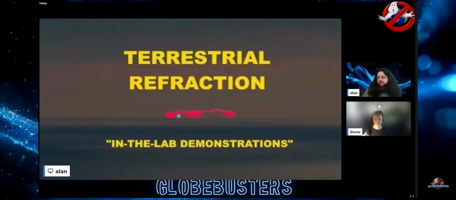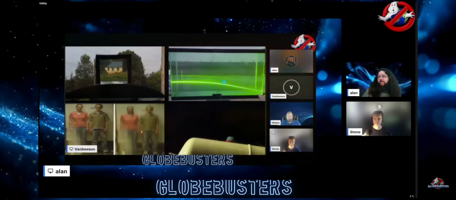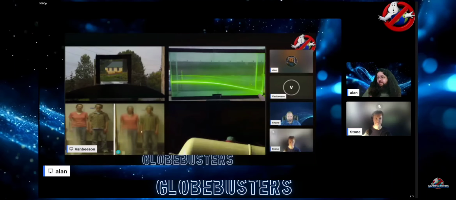Vanby took us into episode 19 for in-the-lab demonstrations of refraction effects, because the Globe labs were not satisfied with his previous presentation and they were out to prove him wrong and provide some examples. So we have a couple examples here. The laser and fish tank, again, not analogous because it's not image formation in particular. This one's introducing a second medium. This is the closest because there's no other medium, but they're using a hot plate to change the gradient, so we can see what happens. We get this blurring and compressing here, but we don't get any lifting above anything or anything crazy like that. So that's a pretty cool one.